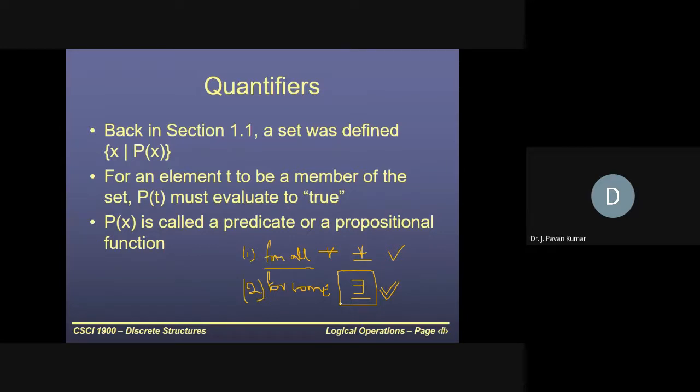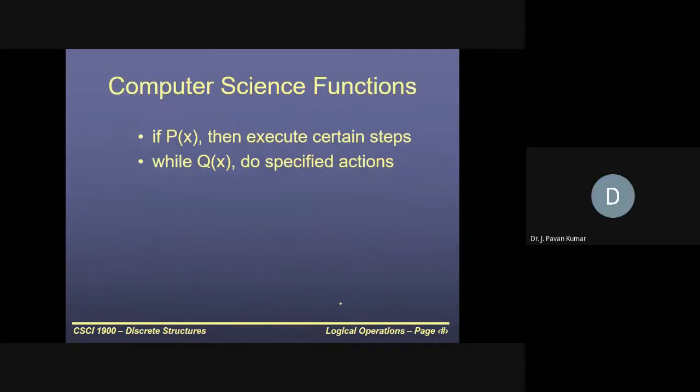Yes, any doubt, ma? No, sir. Okay, see here,